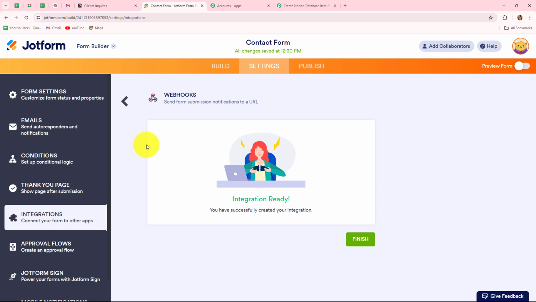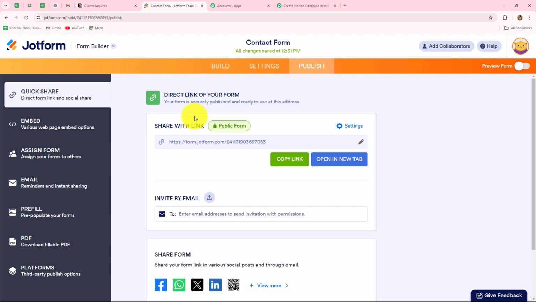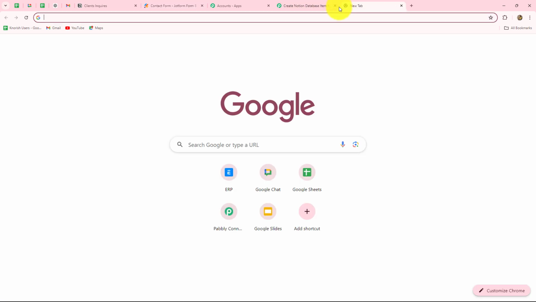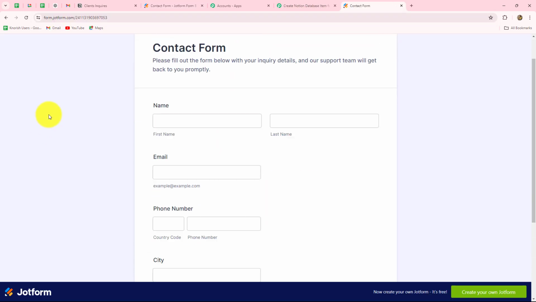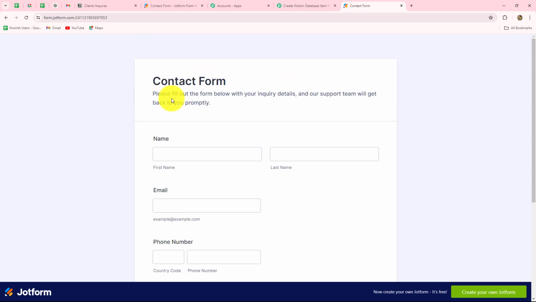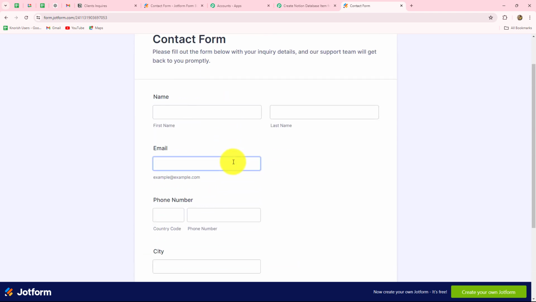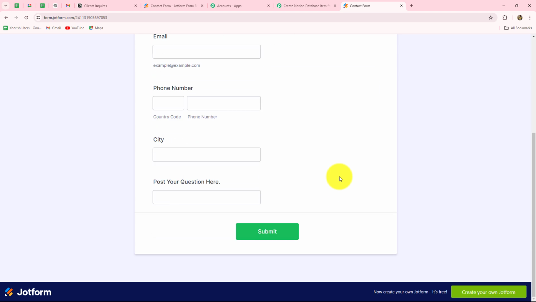Because we have set up the connection successfully, I'm going to go towards the publish section of the form. And here we have the link of our form. So I'm going to copy it and open it in a new tab. As we have done that, our form is open. It is saying, please fill out the form below with your inquiry details and our support team will get back to you promptly. So when a customer from my e-commerce store submits this form, immediately the response